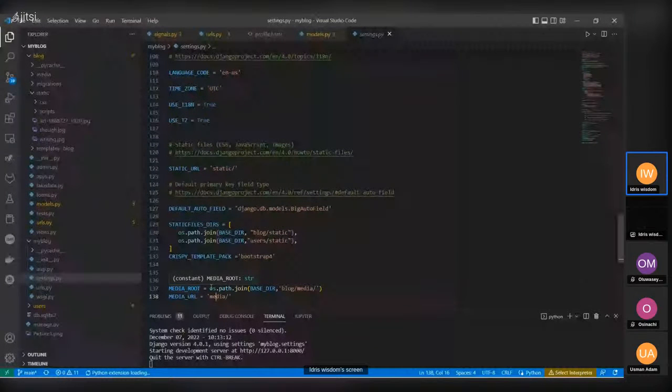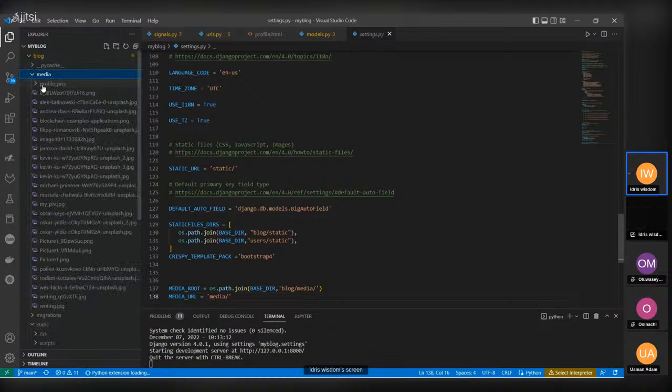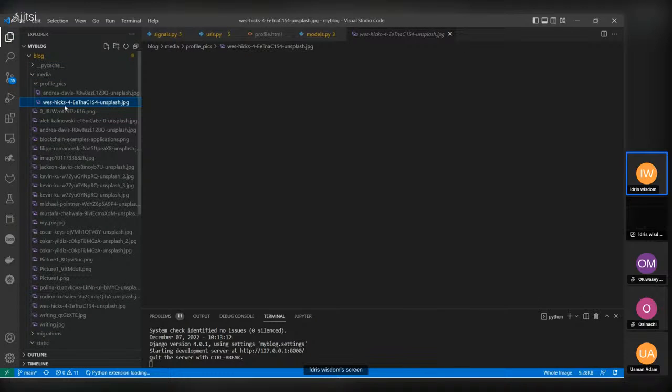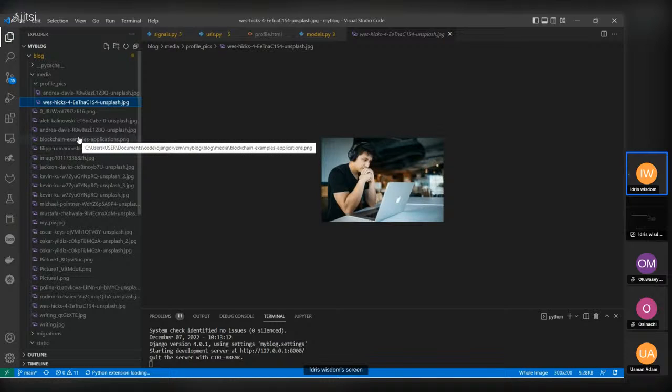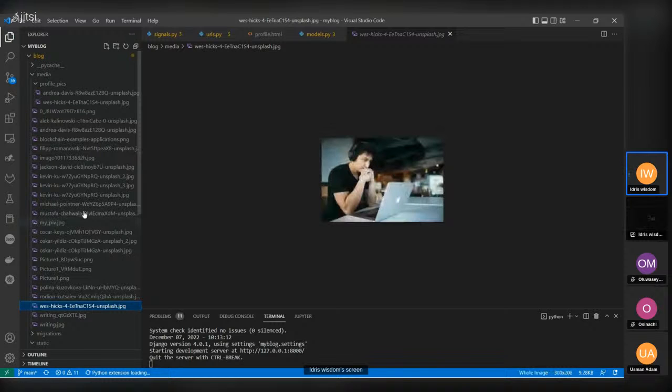So you can see my blog app here. You can see a media folder. Now this media folder saves all the pictures. Now I have another subfolder there that saves just profile pictures. So I have just two, Andrea and this guy. These are just the profile pictures that are present on the page as of now. But anything other than that is not